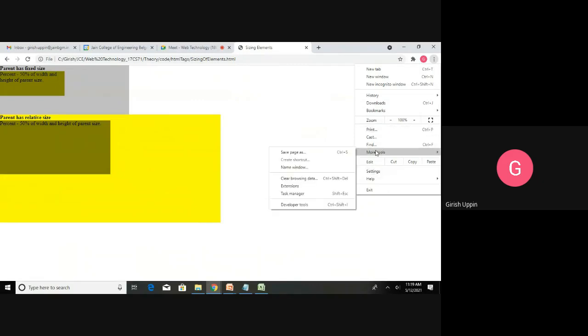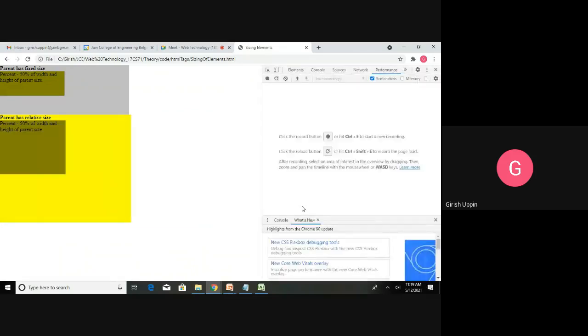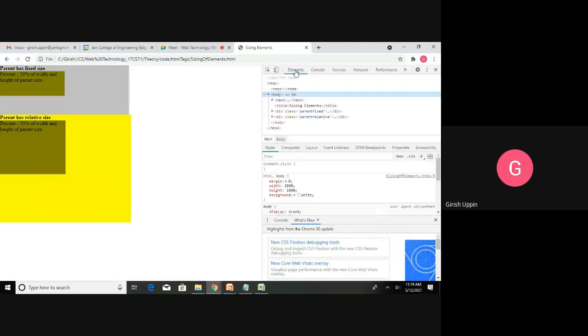For example, for the browser, you can go here, more tools, and you can say developer tools. Every browser has a developer tool which will give more options to select certain things. Let us say here you want to access the elements. You can see here how the elements, this div, whatever div I am talking about, this is the parent div. So each element can be accessed.